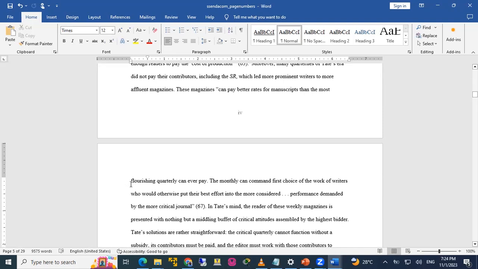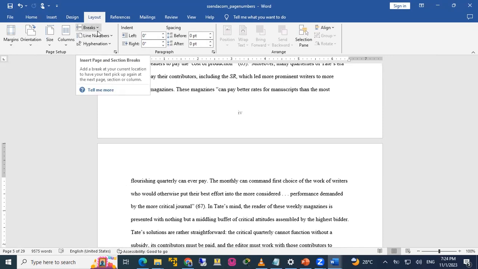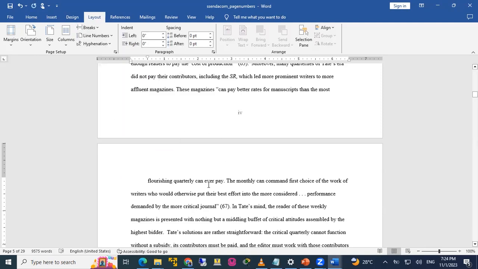So the beginning of the page, and I go to layout. And they say I should add what? Break. So I go to layout, there's a break here. I click on the arrow there. It tells me to use what? Next page. So I go here. Section break. I see the next page. Then now I click the next page. Bam. There's a break on the first page.